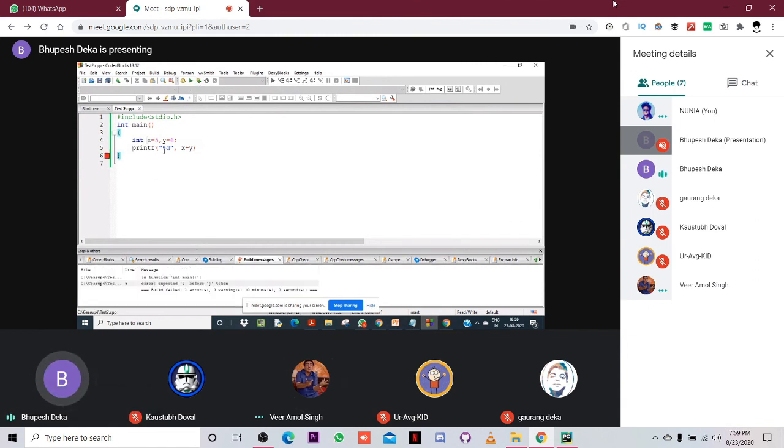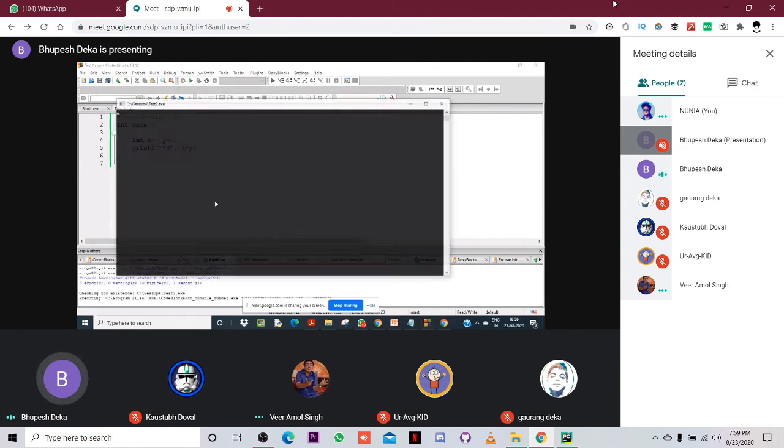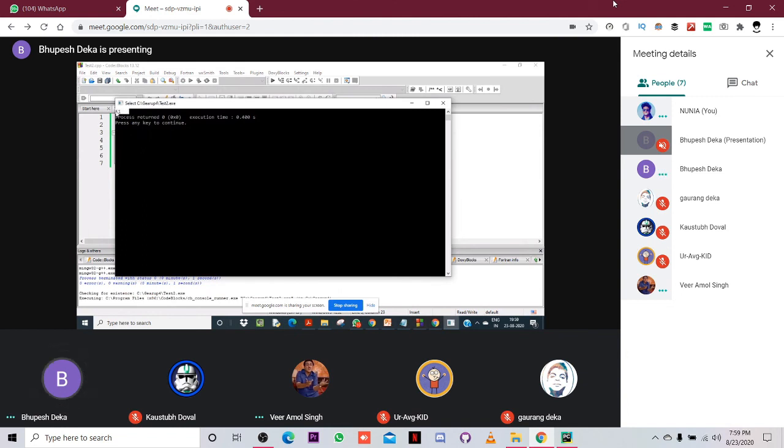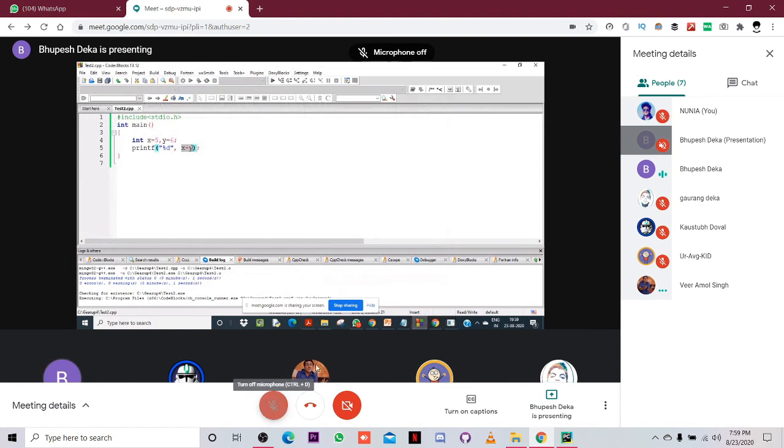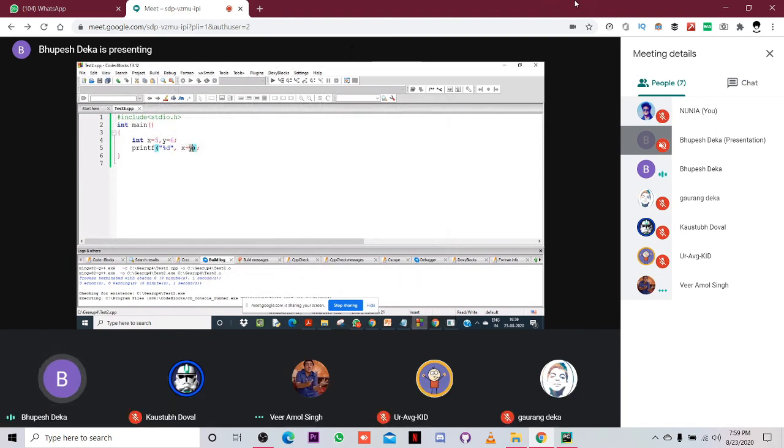My error is here because I have not put a semicolon, so I will put a semicolon here. Then I run and see, I got the answer 11. But here also, when I'm printing it, I have to explicitly tell what kind of data I want to use. This defines the integer. If I write f here, then it will give me float.